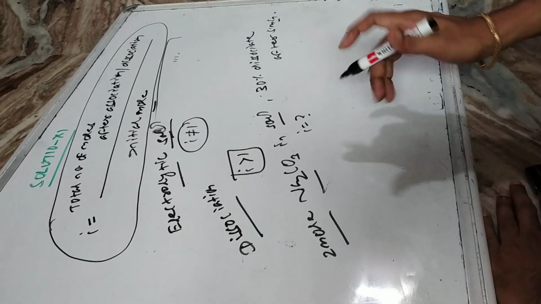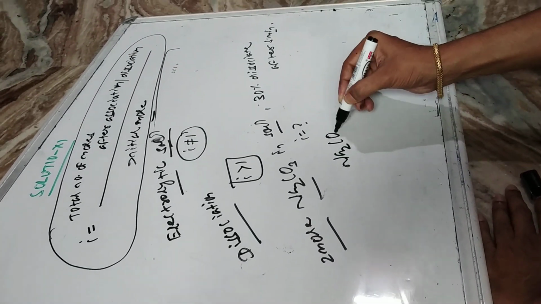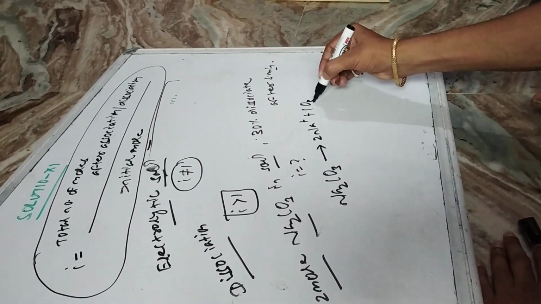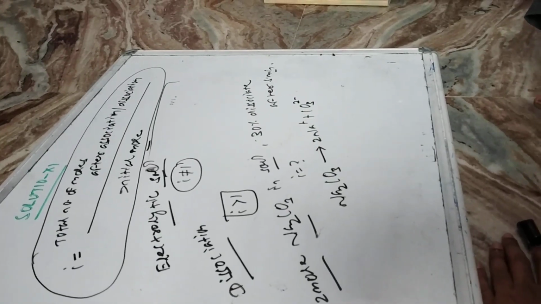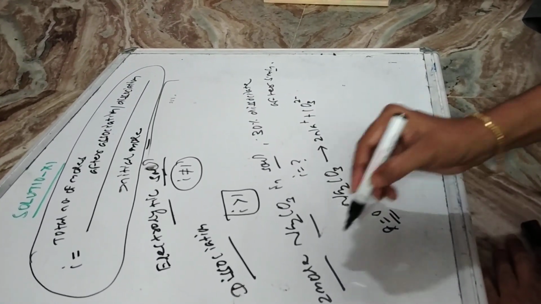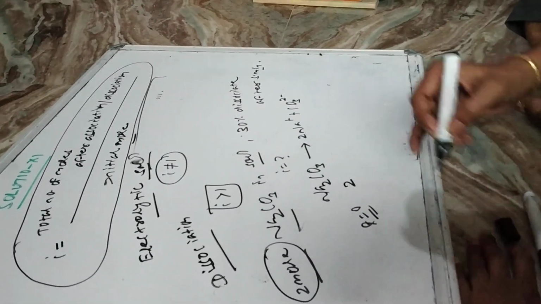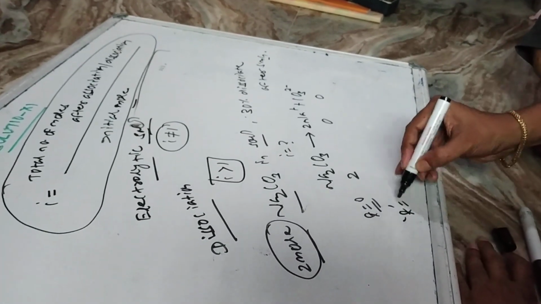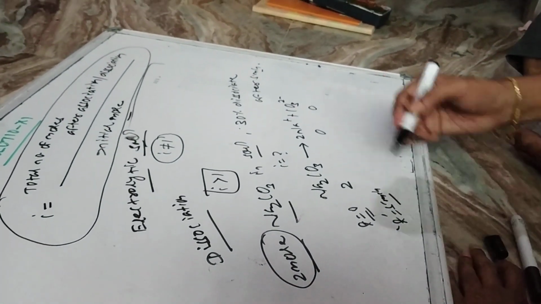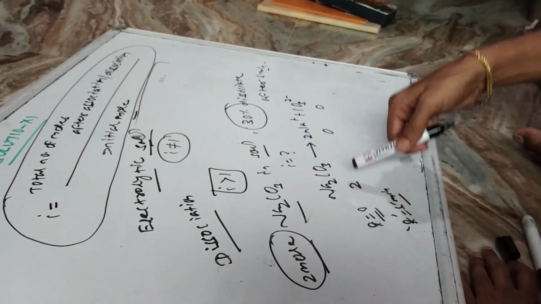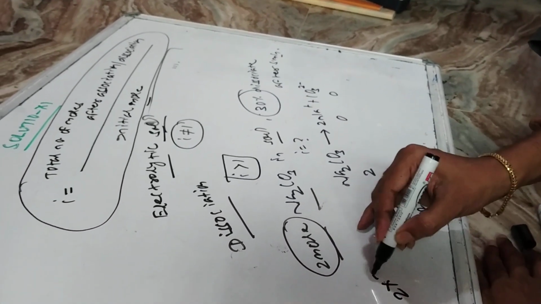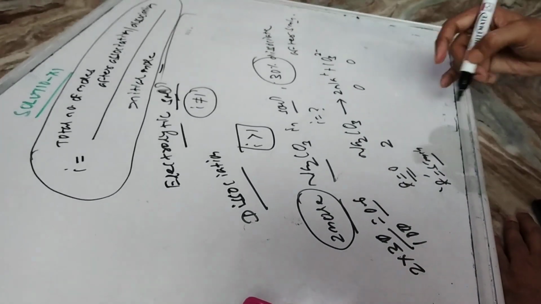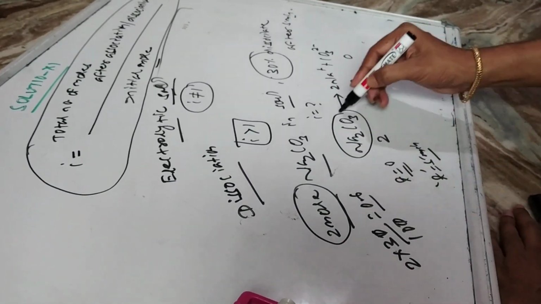So how will we calculate? Let's say Na2CO3, which on dissociation gives 2 Na plus and CO3 2 minus. At the initial time t equal to 0, the number of moles of solute present is 2 moles, and at that time no ion is formed, so that is 0 and 0. After time t, that is 5 minutes, according to the question it is 30% dissociated. What is 30% of 2? That is 2 into 30 by 100, which is 6 by 10, that is 0.6. So 0.6 moles of Na2CO3 out of 2 moles dissociate.